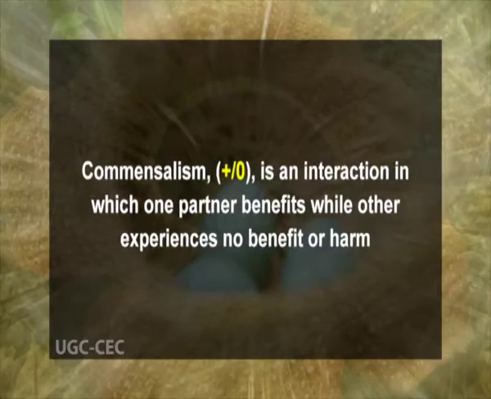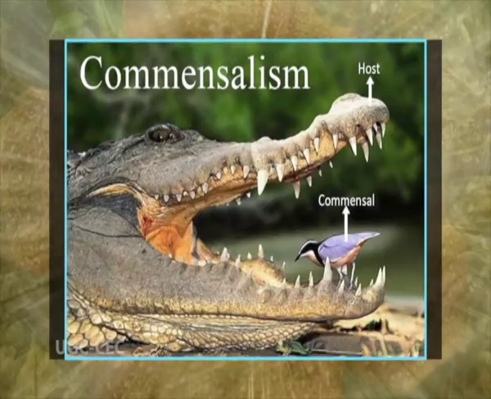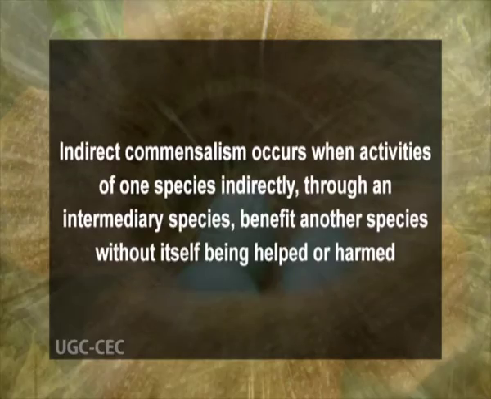Commensalism, represented as positive-neutral, is an interaction in which one partner benefits while the other experiences no benefit or harm. In this association, usually, a commensal can obtain nutrients from the host species for its shelter, growth and locomotion, and the host remains unaffected. The host is larger and unmodified, while the commensal is small with some structural adaptations to its habitat. Indirect commensalism occurs when the activities of one species, indirectly through an intermediary species, benefit another species without itself being